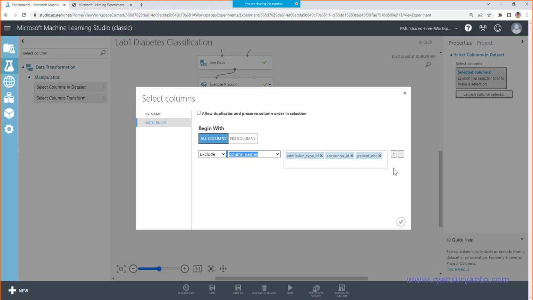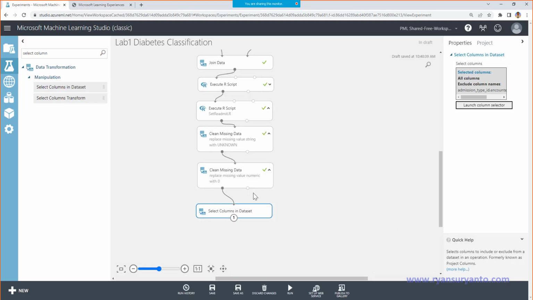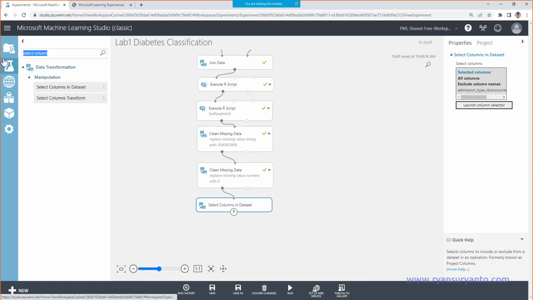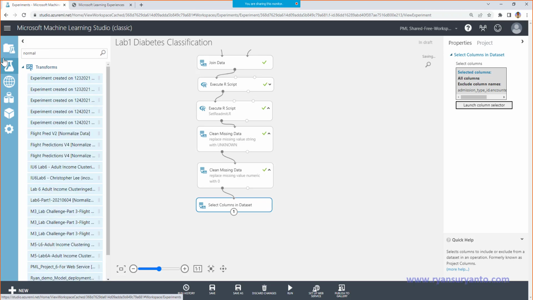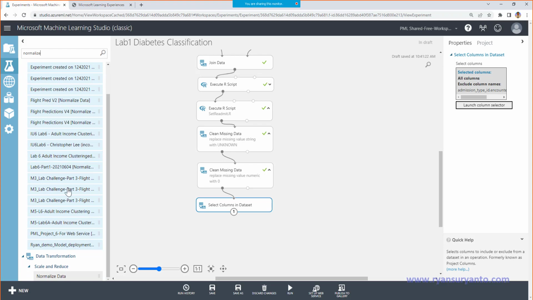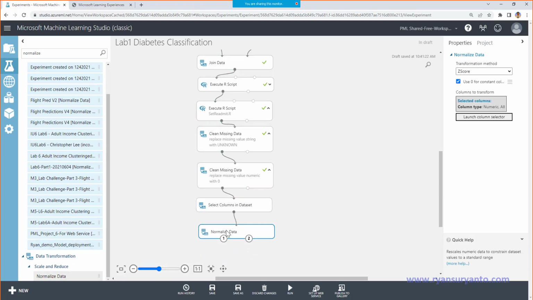Okay, done. So we don't want those columns because, for example, admission type ID, we already have the admission type explanation. Then normalize. Okay, normalize the data. Drag here.